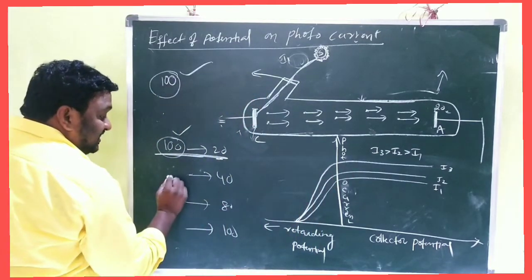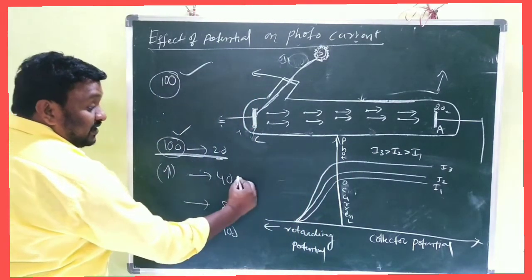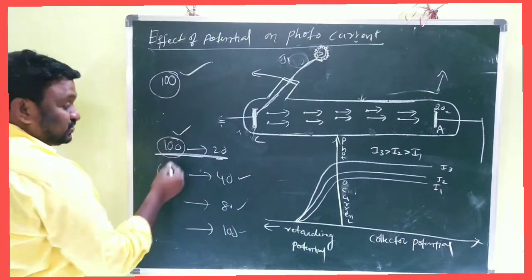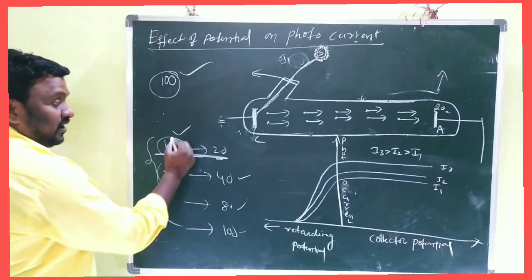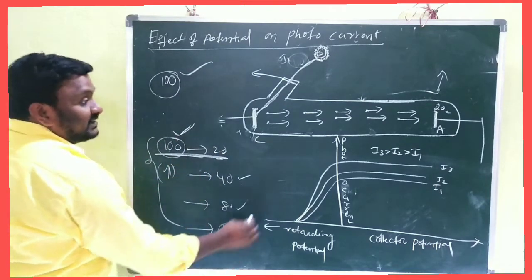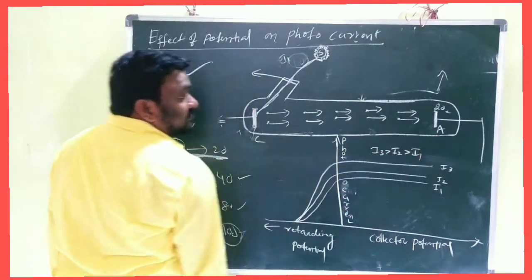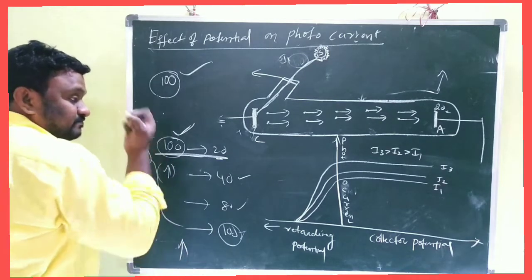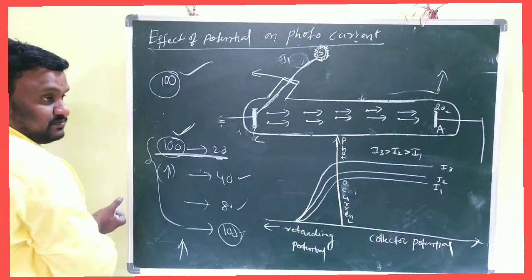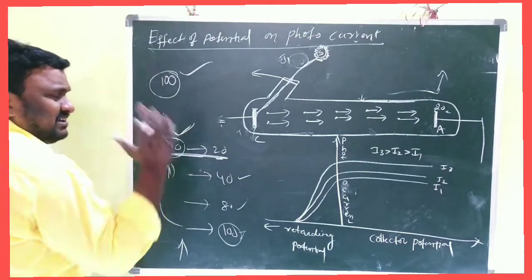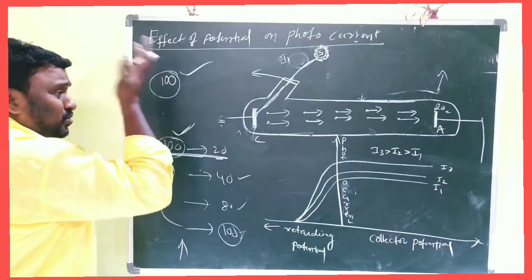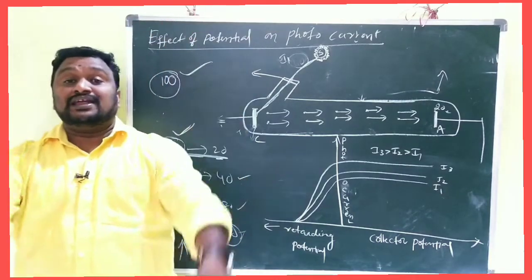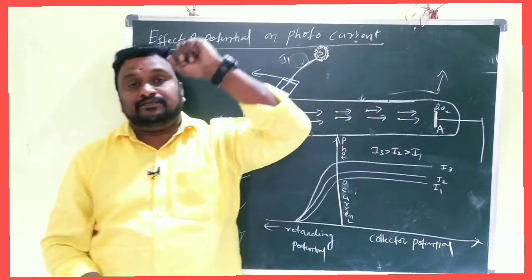After that, the potential is increased. Then this time 40, this time 80, this time 100. So already 100 emitted, 100 collected. Further, again you are increasing the potential, but there is no use. Again further you increase the potential, but there is no more collection of electrons, because the maximum number of electrons are collected by the A.